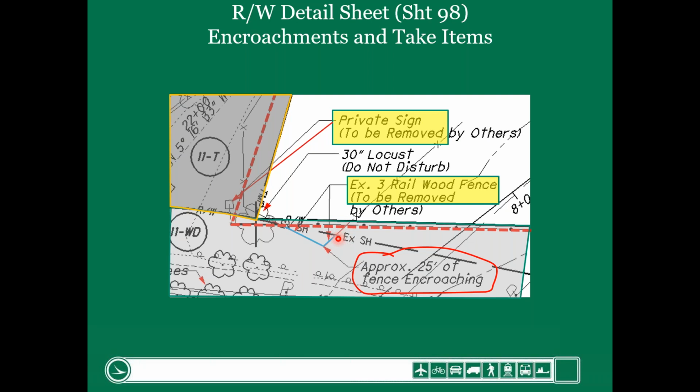Okay. So you've got to look closely at these plans. This is what the right-of-way plans are for. It's a very high-level, very quick overview of how our right-of-way detail sheets work. I hope you find this helpful. I'm going to move on to Victoria and the knowledge check and see how she wants to handle this.